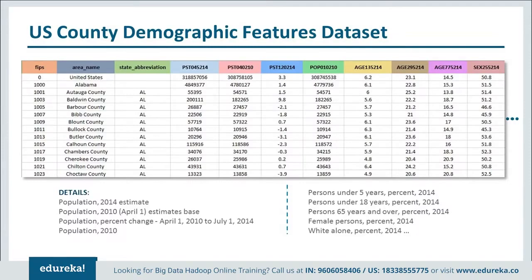So this contains different fields like population in 2014 and 2010, the sex ratio, how many females, males, and then based on some ethnicity, how many Asians, how many Hispanic, how many Black American people, how many Black African people, and then there is also based on the age groups, how many infants, how many senior citizens, how many adults. So there are a lot of fields in our data set, and this will help us to analyze and actually find out what led to the winning of Hillary Clinton.